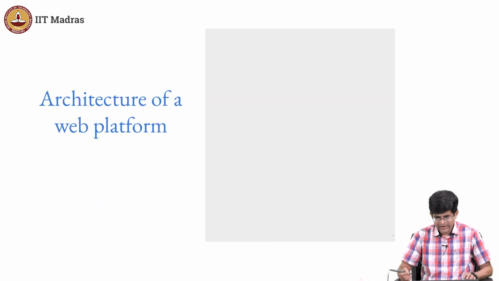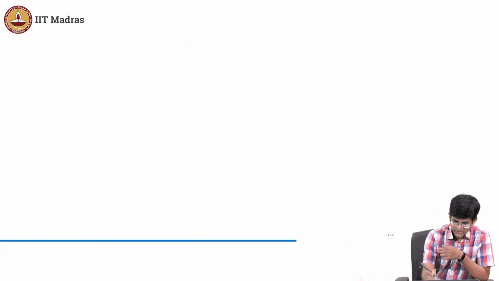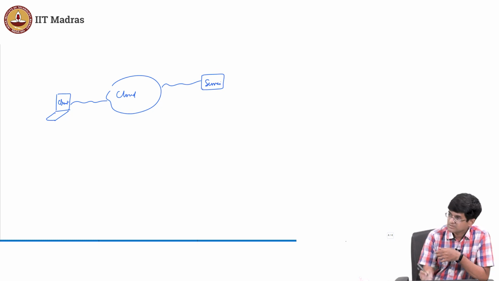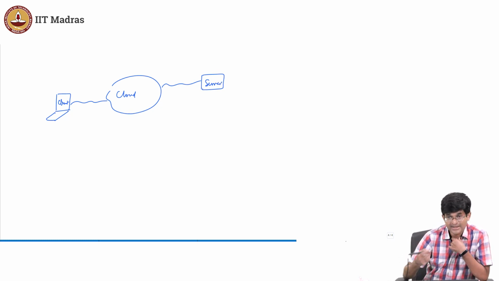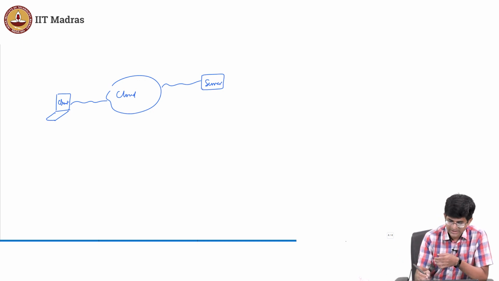Alright, so this sort of leads me to the last part, right? The architecture of the web platform. And what exactly do I mean over here, right? Look at where we are starting from. We started off with this image of you sitting at a computer, right? You have the client, which is then making requests through a cloud going to a server, right? And what exactly does the server consist of, right? This server is not just one machine sitting somewhere in a data center. Usually what you will find is that this is actually something called a load balancer.